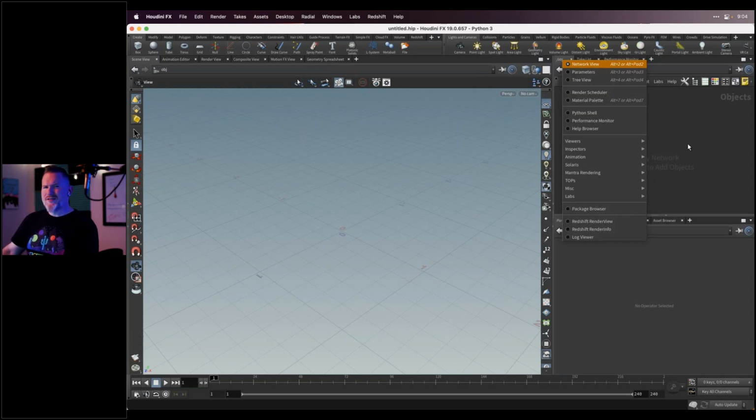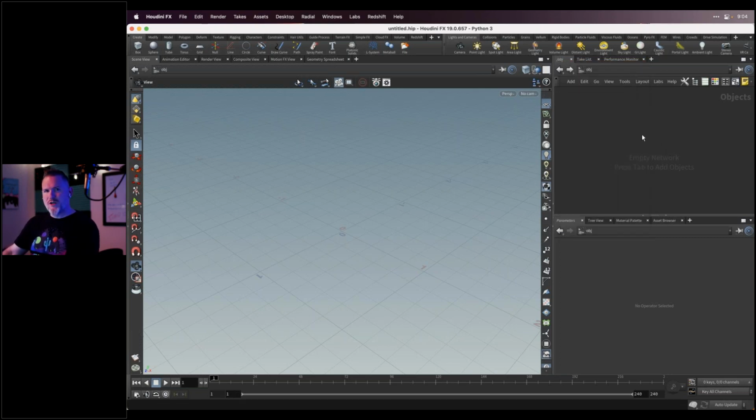So what I do, and I don't know if this is the default or not, is I change my top thing to network view because this is where you see your objects. And once you have a selected object, you get its properties. I put my parameters panel down there because this is where we see the properties of what's selected. And I set up my interface like this so that it mirrors Cinema 4D, which is where I'm comfortable.